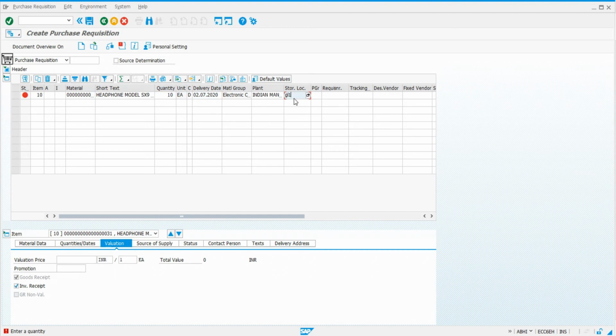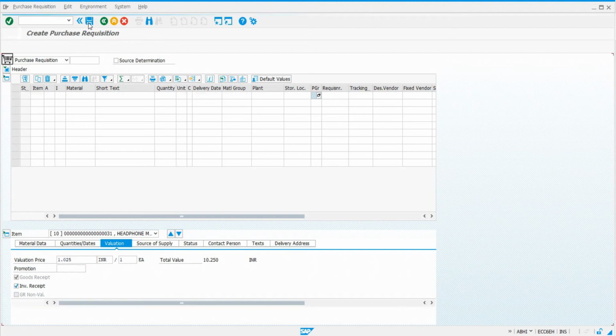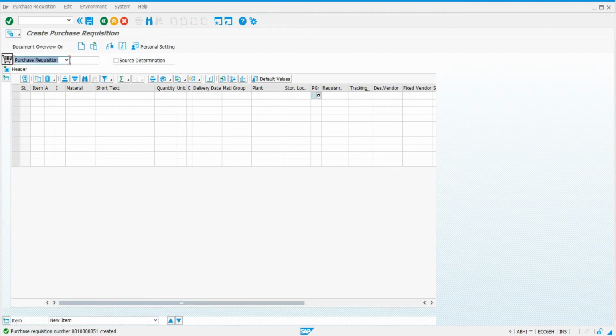Storage location is GL1, hit enter. Purchasing group is GPR, hit enter. Valuation price 1025, which is a basic estimated price. And now in this way, all entries have been accepted, there is no error. So I'm just going to save it. And here you can see a new purchase requisition is created